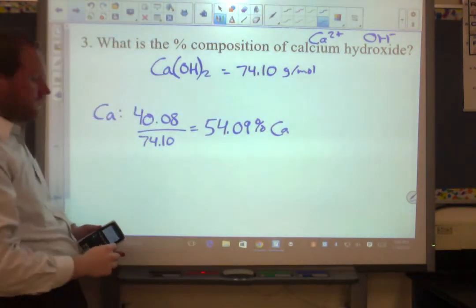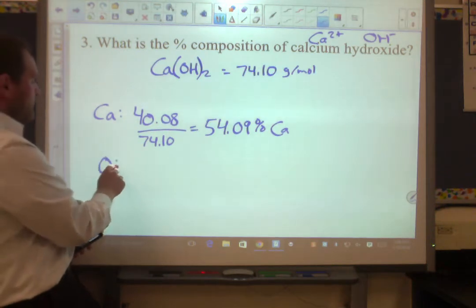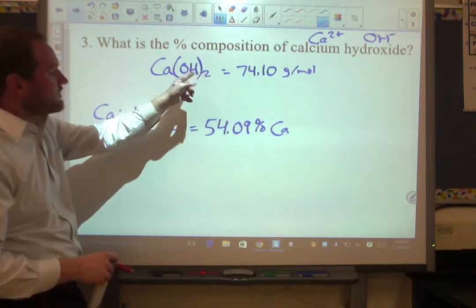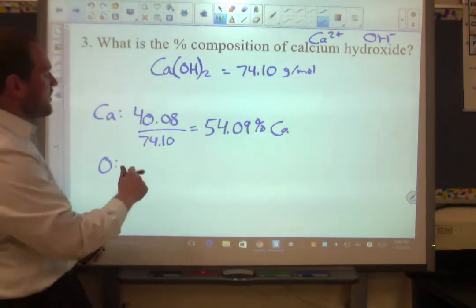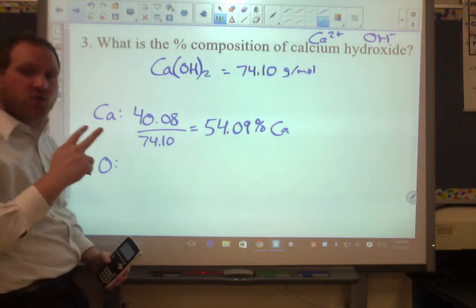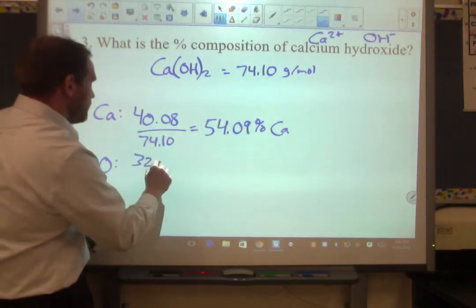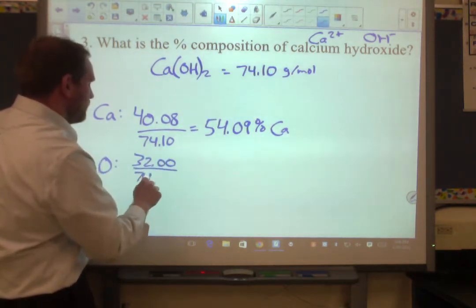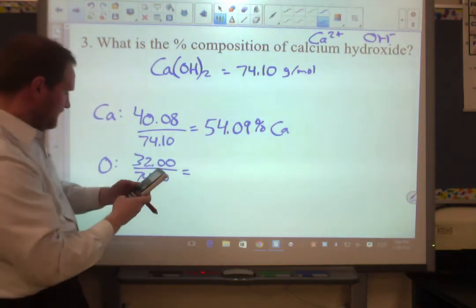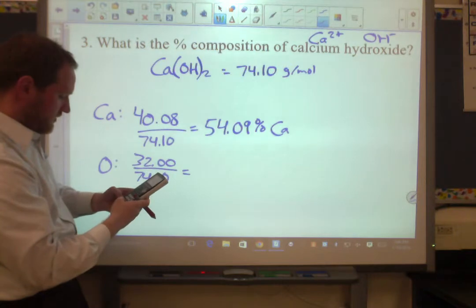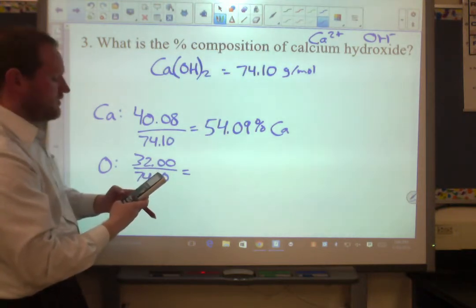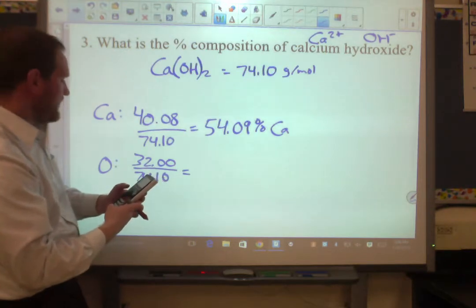calcium. For oxygen, notice how many O's are there? 2. 2 O's because there are 2 hydroxides. Each hydroxide is 1 O. So I'm not going to say 16.00. I'm going to say 32.00 because there's 2 O's. 32.00 divided by 74.10. You do the math and you get 0.4318, which I'm going to call 43.18%